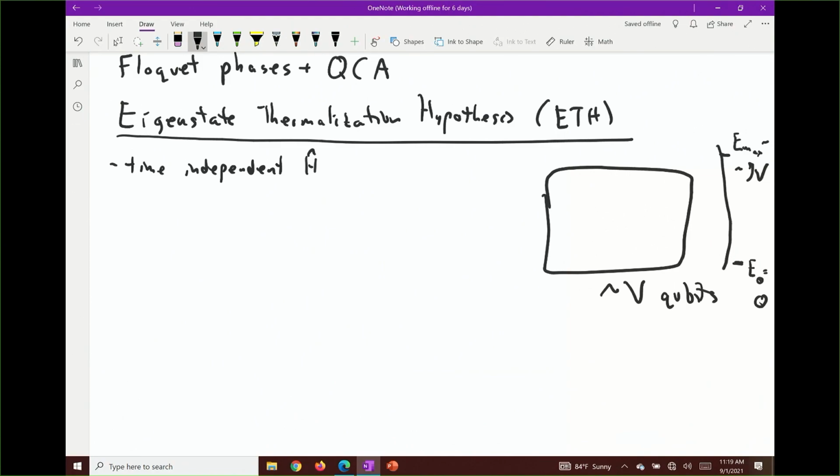And so what I want to do is consider a state now. Remember, we're trying to address this cooling problem. So we have a state that we're having a hard time cooling down to the ground state. So let's say we have a state somewhere in the middle of this spectrum. It's at finite energy density, so it's some order 1 fraction of J times V. Let me call that state psi of 0. 0 is going to denote time, so I'm starting at time 0. And the expectation value of the energy for this state is equal to some fraction J prime times V. So this is less than JV.